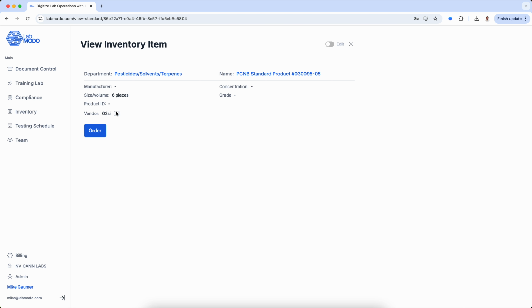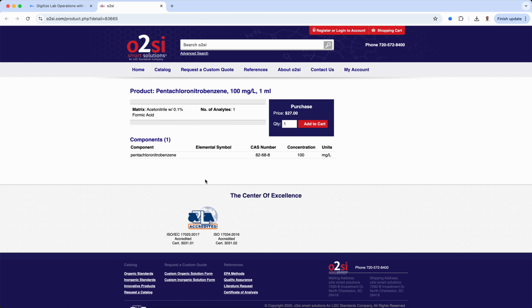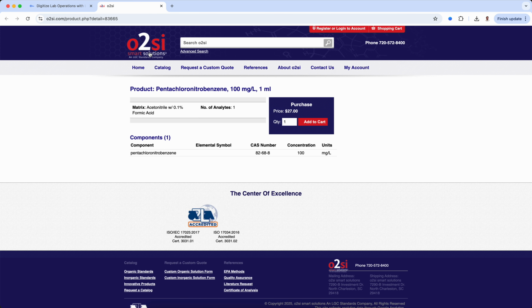And this little email button is grayed out because you didn't provide an email for a salesperson from a vendor who you used to buy this from. So if you did, that would all be here. And again, you could add an email easily by editing it. But this is one that you just order through a website. So again, you click order, it's going to take you to O2SI,